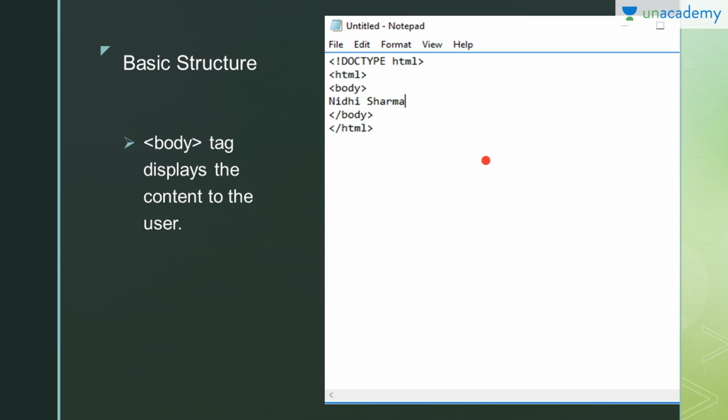Now there is one more tag, the head tag, before the body tag. Whatever you write under the head tag is something that is visible to the user, but not always, okay. For example, sometimes we mention a title in the head tag, so that title is visible to the user, but meta char, the details about that title, that is not at all visible to the user.